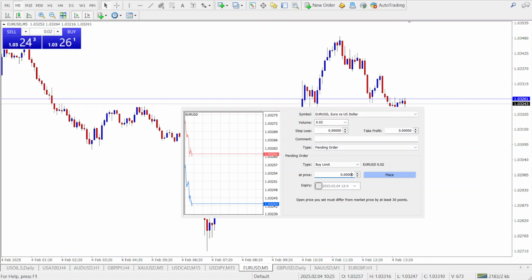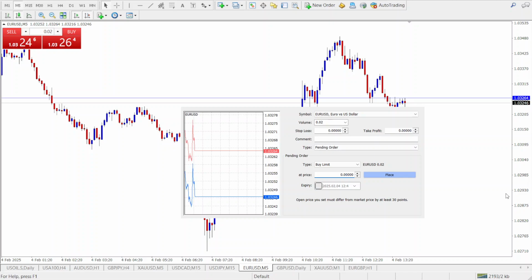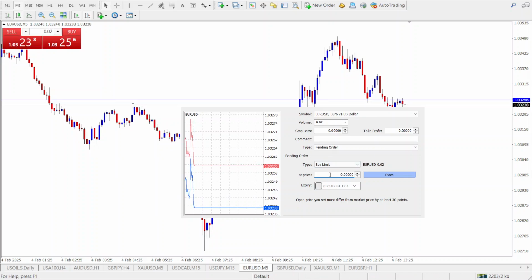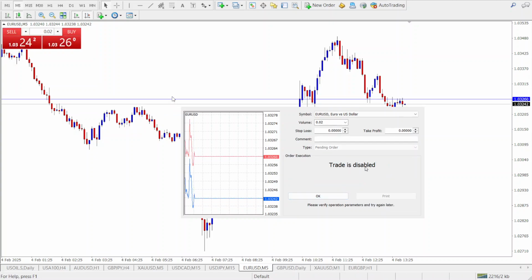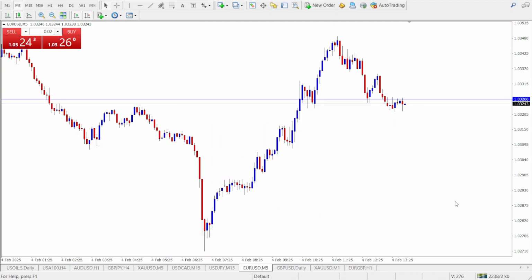For example, if I want a buy trade to get executed around here, I can just set it at 1.0293. All right, so let's do that. 1.0293, and when I click on place, you can see... okay. The reason why it didn't execute was because the account... let me just see if I can log into a different account. But in order not to take time, basically when you click on that,